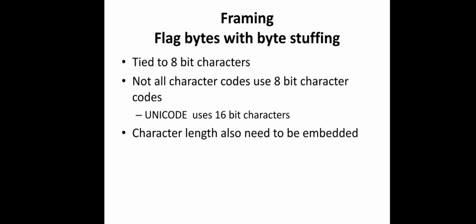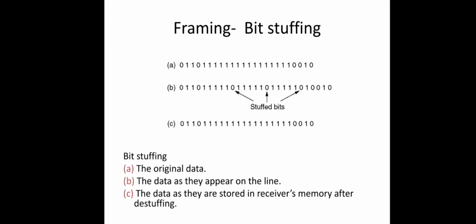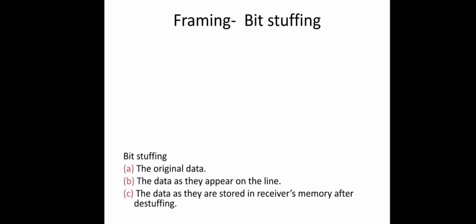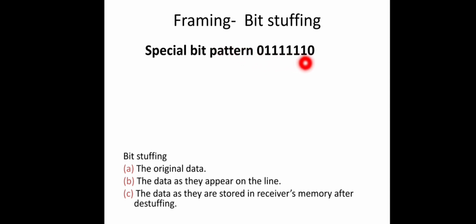So we have to go for some other general method, that is the third technique, using bit stuffing. And this method works based on a special bit pattern: 0, then 6 ones, again a 0. This is a bit pattern. And for every frame, this will be treated as the delimiter. That is, at the start of every frame and at the end of every frame, this bit pattern will be attached by the sender data link layer. And upon receiving a data frame, the receiver can identify the frame boundaries using this bit pattern. Okay, this part will be removed to get the frames.